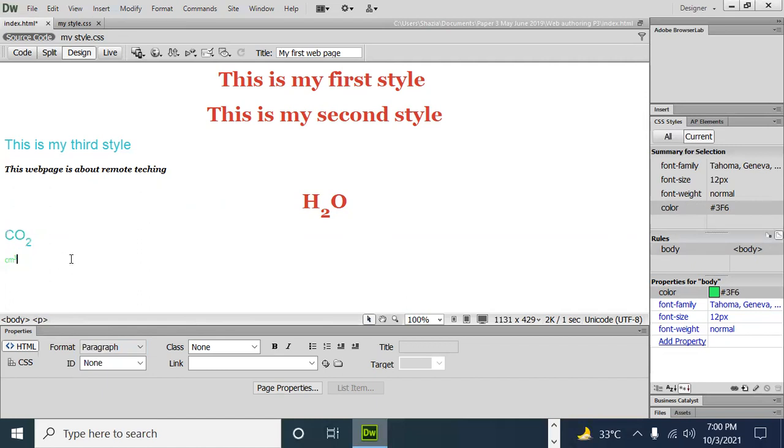So heading 3. So this is how I can make different tags to apply to different text. So this is my content layer, and the presentation layer I have created in my CSS file. So let's begin and see.